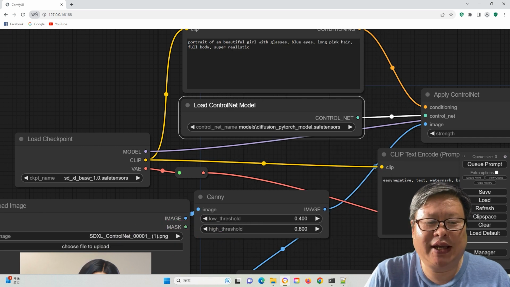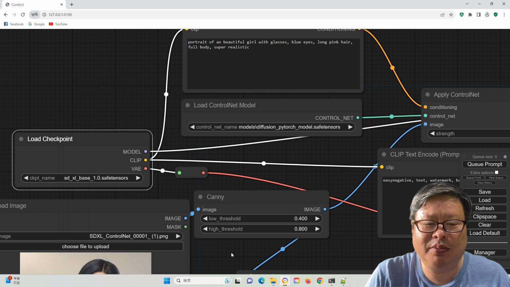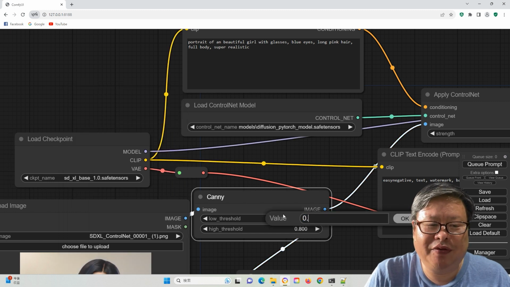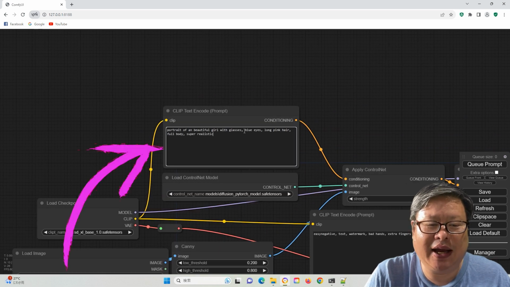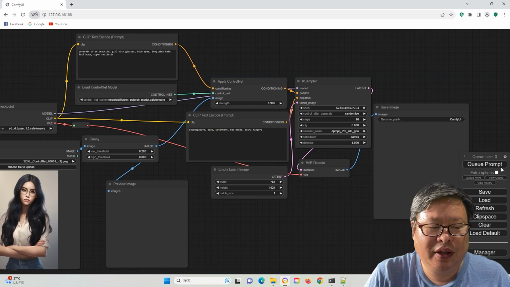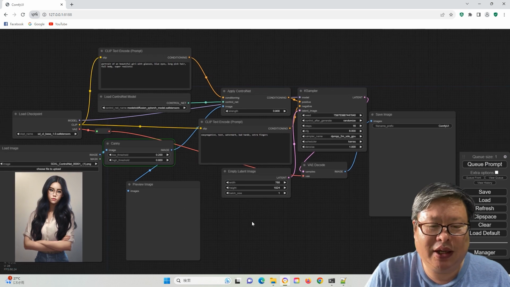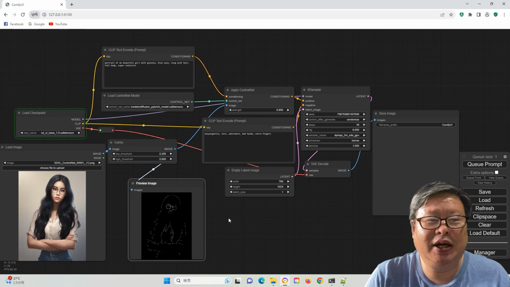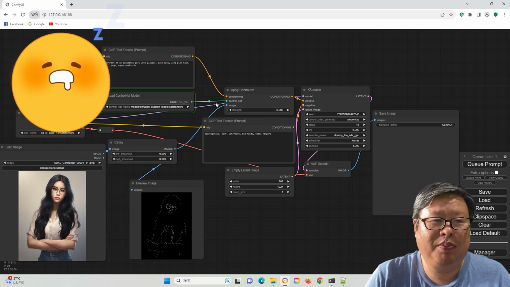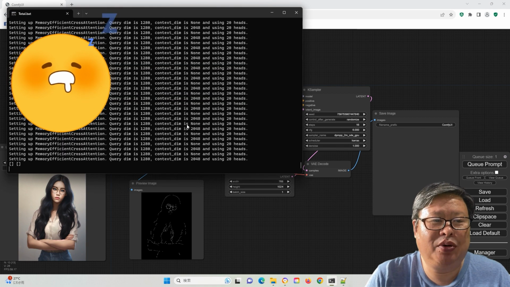Set the SDXL base model as the checkpoint file. Make a slight modification to the ControlNet sample image by adjusting the eye color and hair color. If all the configurations are correctly established, it should operate seamlessly, as demonstrated in the earlier video. However, please be prepared for a relatively extended processing time.